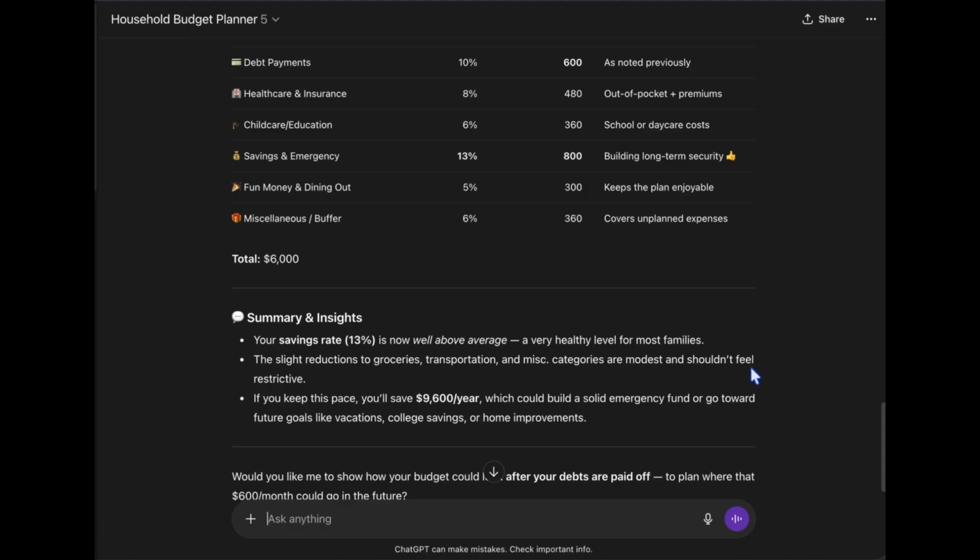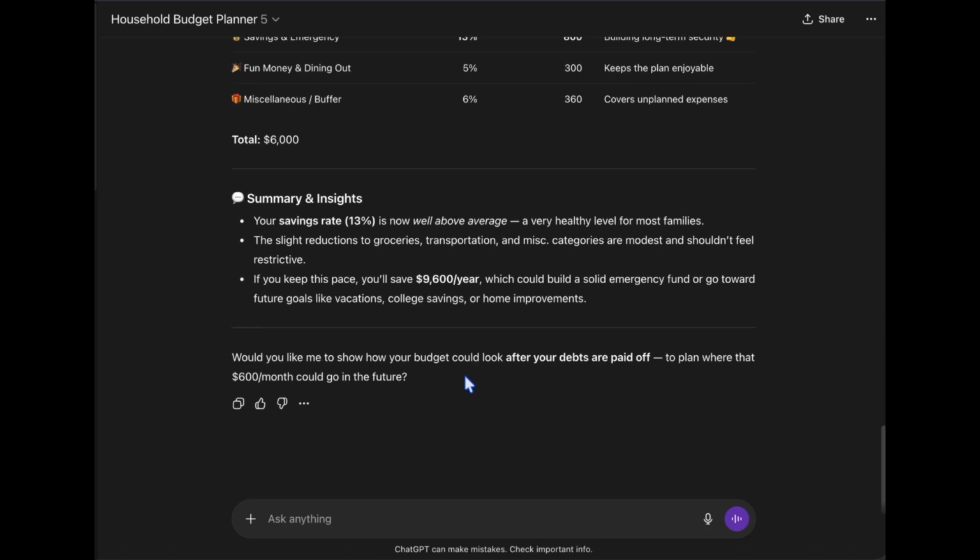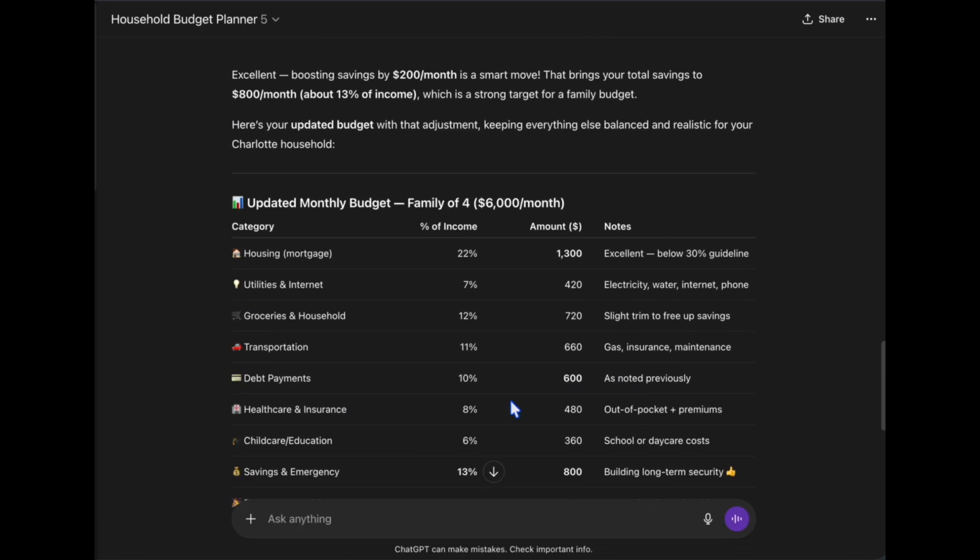Would you like me to show how your budget could look after your debts are paid off? So see, you can keep going with suggestions or ask for other things that you want, or you can just simply stop here, and you're done, and you've got your budget. And you can copy the budget into a Word document so that you're able to print it off if you wanted to print it. So I hope you found this helpful and that you enjoyed going over my Household Budget